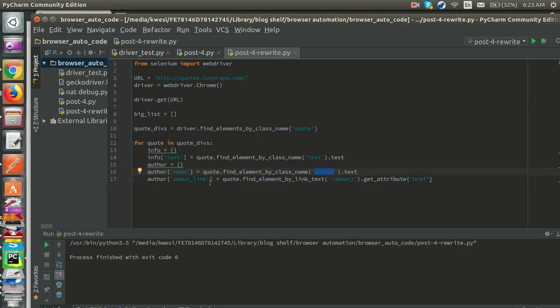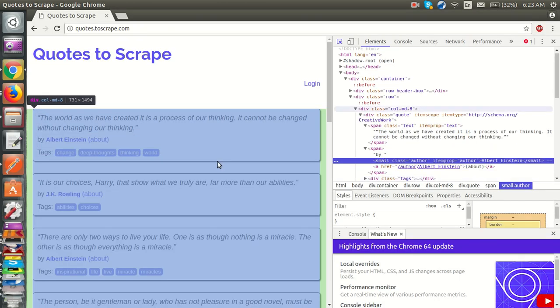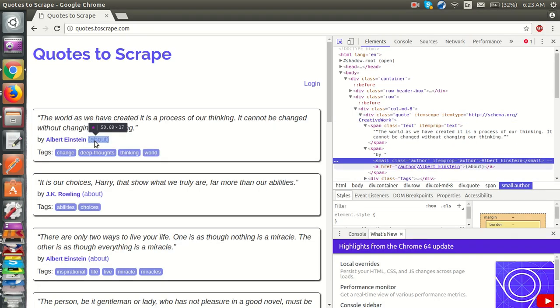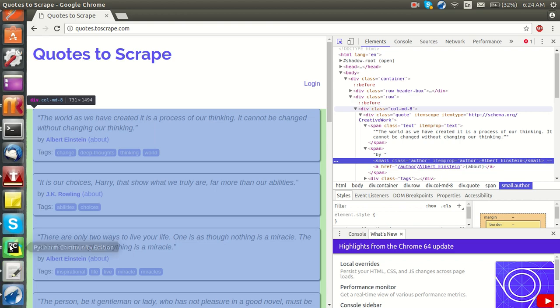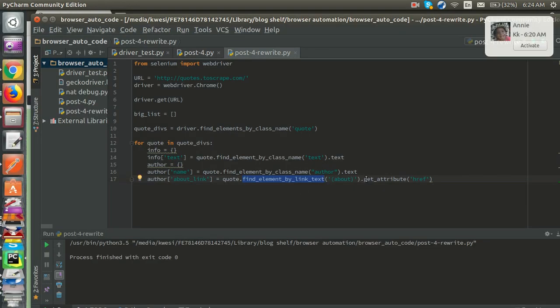That gives us the name, and then the link. So now this is where we make use of this one. We've not used it since we began, so this helps you find a link using its text. Okay, so a link tag, sorry, using its text. When you look here, you see that there's a link and the text is about. So just as you see here, we just put that here, and simple enough,